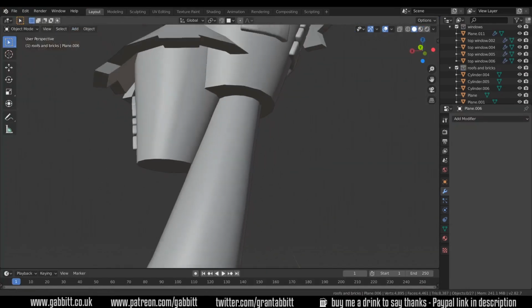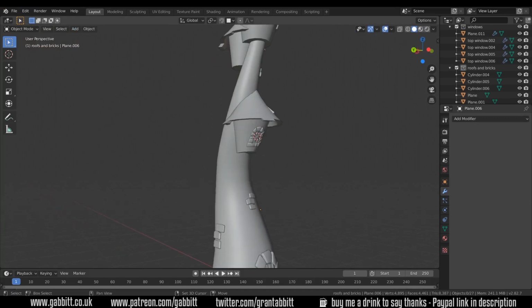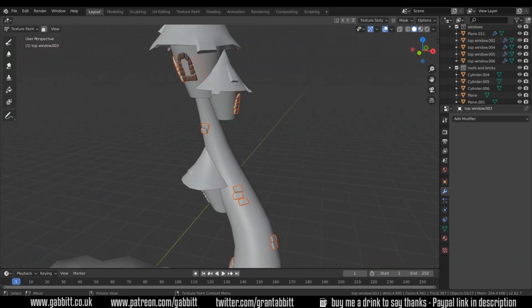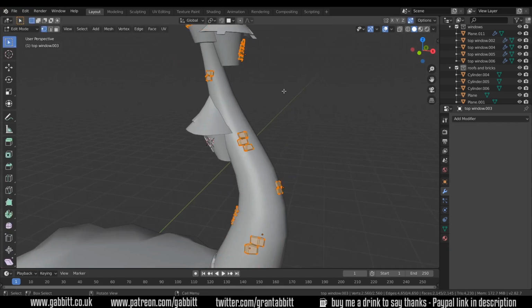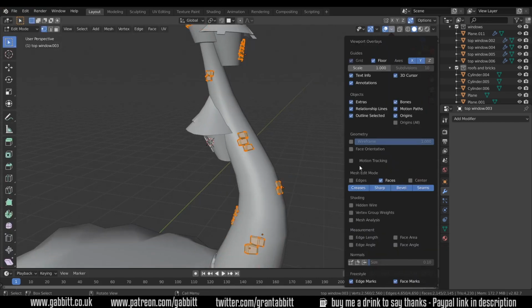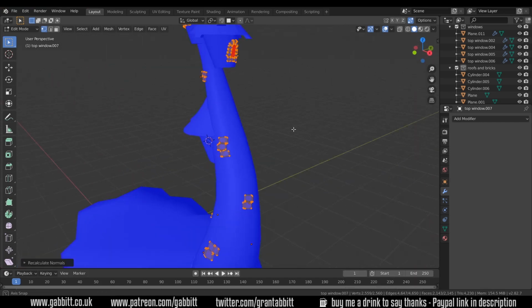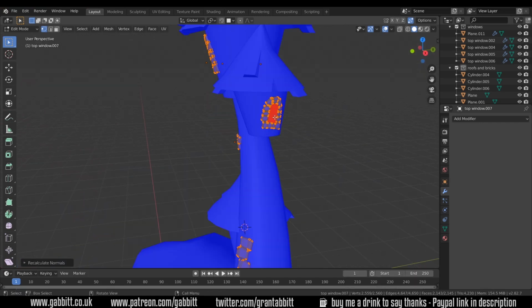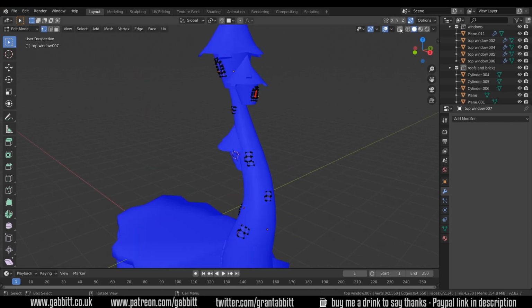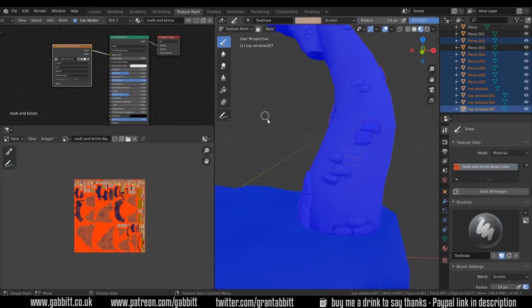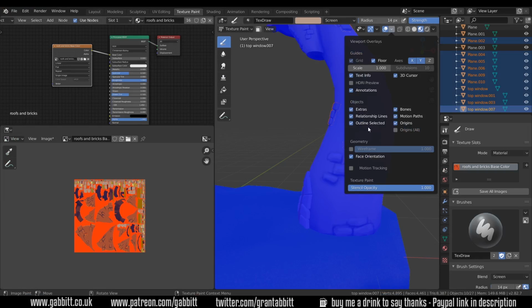So let's go back into layout mode for this so I can see what's going on a bit more, and just select all these which might have problems. Into edit mode with them, let's just check the face orientation again. So Shift N will reverse the normals. These windows are fine because they're flat planes anyway. Okay, so I'll turn off face orientation, go back to texture paint mode, turn it off here as well,